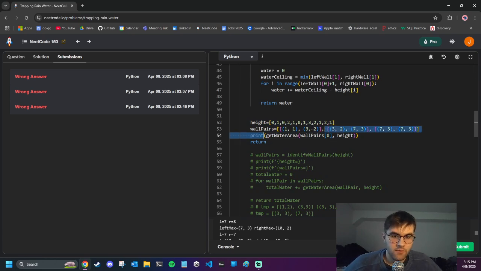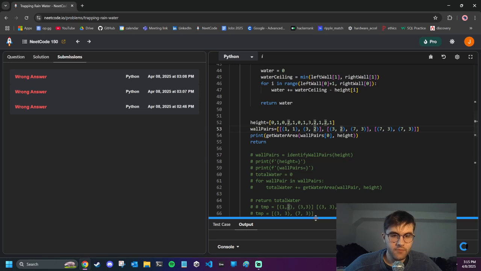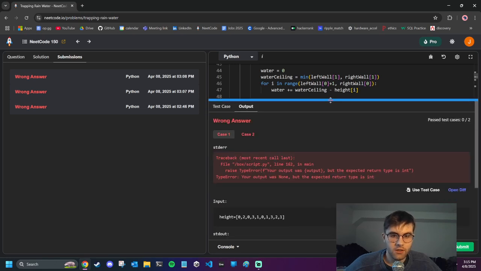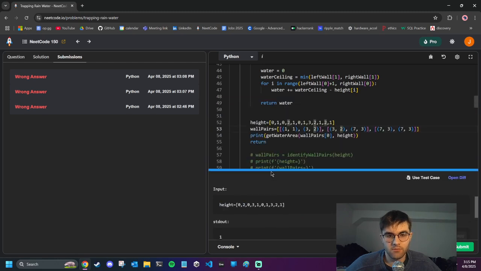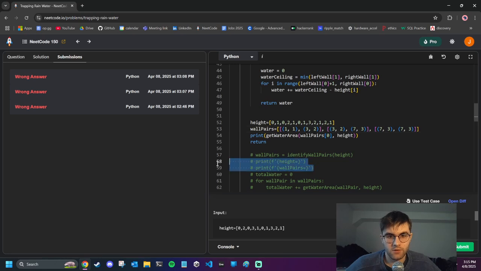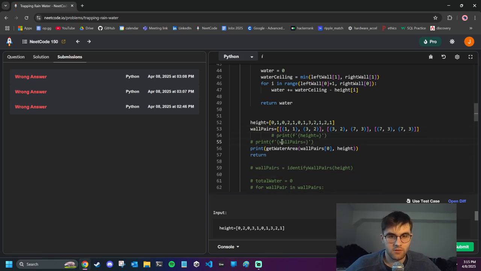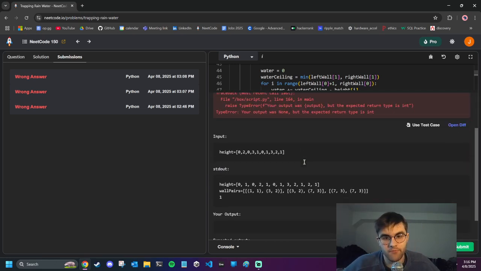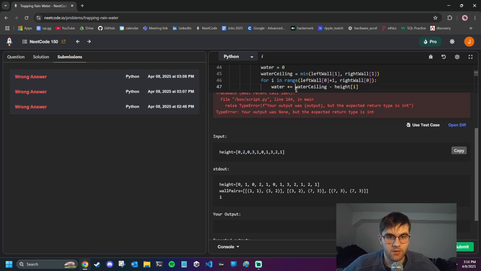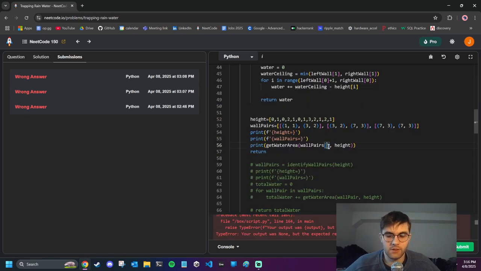So of this first pair, it should be, so it's printing 1, which is correct. Okay, so it's printing 1, which is correct. So we see from 1 to 3, it should be only 1. All right, and now for the second one,